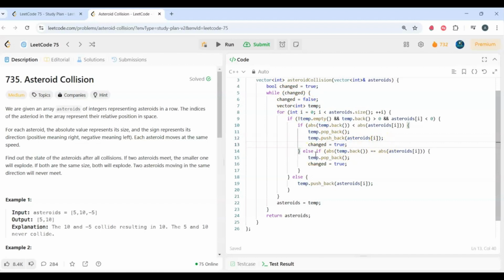There is one more condition where the size of both asteroids is the same, that is, the absolute value of temp back and the absolute value of the current asteroid value are the same. If they are the same, we will not keep either value in our temp vector. So we'll remove the temp back value, that is temp dot pop back, and we'll not insert the current asteroid value into our temp vector, and we also change the collision variable from false to true. In this way we have handled both conditions, that is, when the sizes of both asteroids are different and when they are the same. After finishing this for loop, we'll update our asteroids vector with our temp vector,